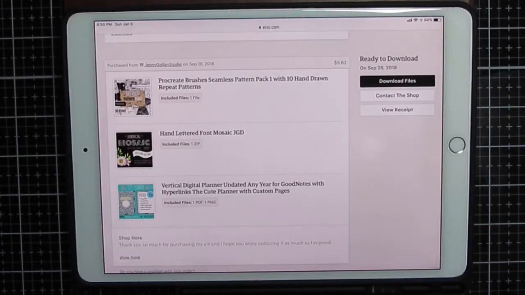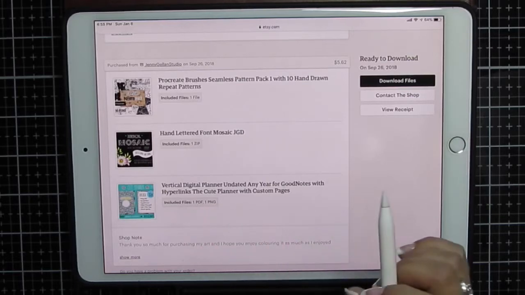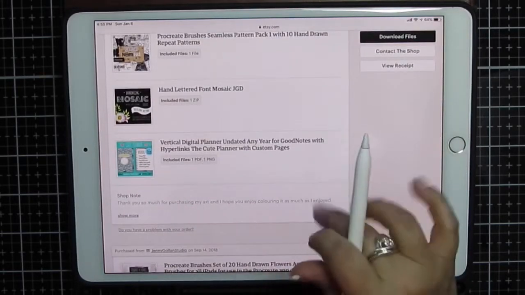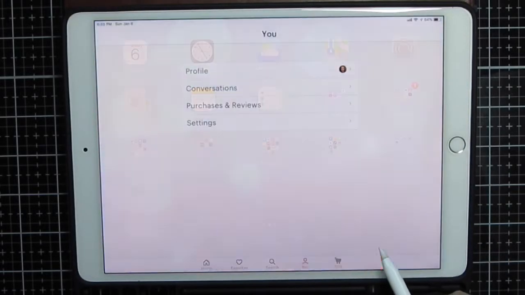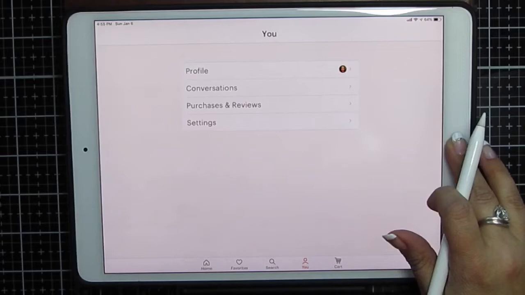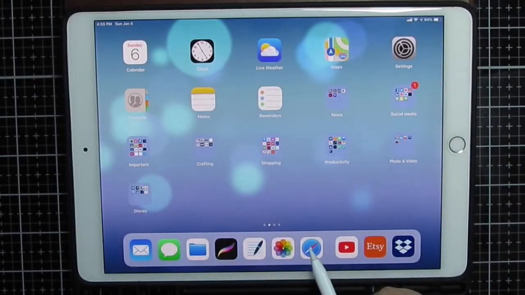Hi, this is Maria. I'm going to show you how to download the Jenny Gollan Designs Vertical Digital Undated Planner, this one here, the cute planner. If you have purchased your item using the Etsy shop, you cannot download from the app. You have to go into the website